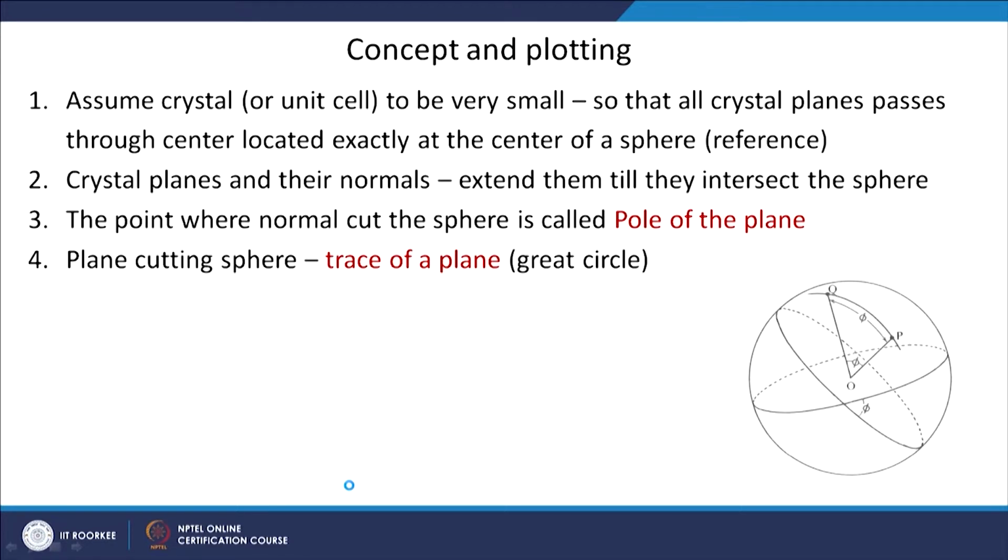You can take a unit cell like this. Okay. Take a very tiny unit cell, very tiny, so that the idea is that all the normals from the planes should be seen as coming out from the center of the sphere. Okay. And what is the sphere? A sphere is an imaginary sphere around this particular unit cell.